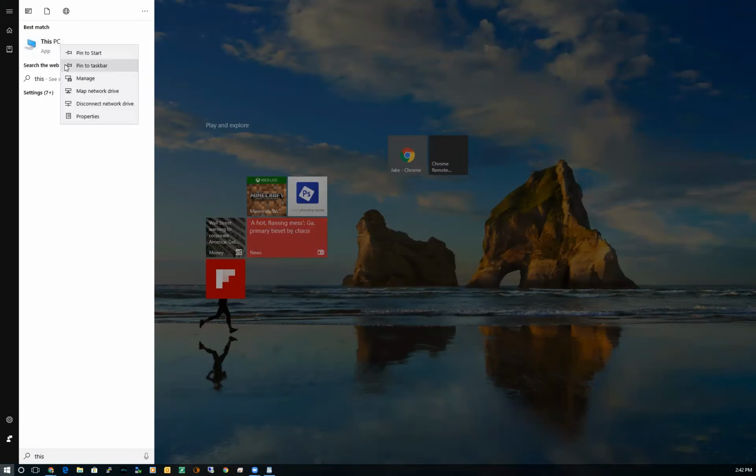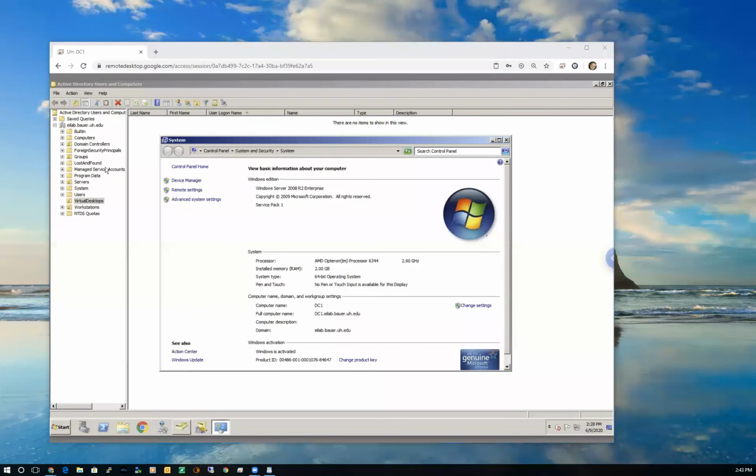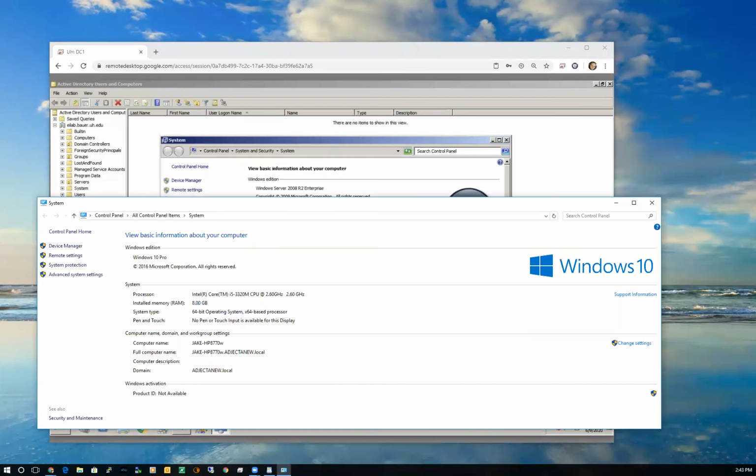I just realized, oh no, I'm confused. Did not realize I'm remote viewing a screen. Okay, properties. So this PC, this is a Windows 10 computer that I'm actually talking to you on with Zoom. It's called Jake-HP8770W. Now here's a few rules, because you do need to know this, either for now or for the future.